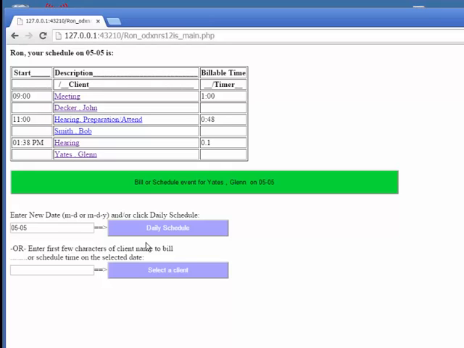This brief demonstration shows how you can quickly manage your schedule and bill time when you are out of the office, using the ProTempus browser